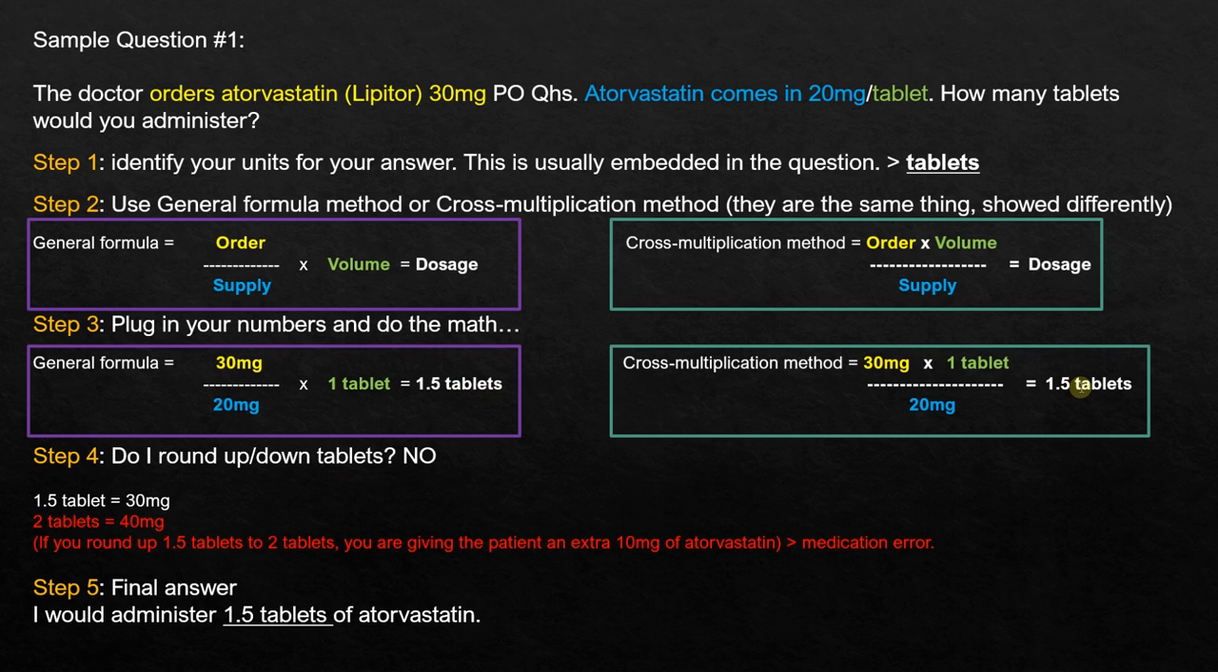And same thing if we do the cross multiplication. Now, do I round up or round down tablets? No. The reason why is because since we got 1.5 tablets equals 30 milligrams, if you ended up rounding the 1.5 tablets up to 2 tablets, you can see that you're actually giving the patient 40 milligrams of atorvastatin instead of 30. That's an extra 10 milligrams increase, and that is a medication error. So step number 5, our final answer would be I would administer 1.5 tablets of atorvastatin for